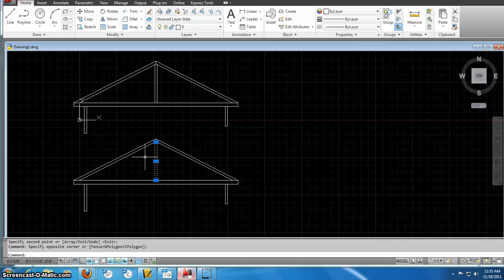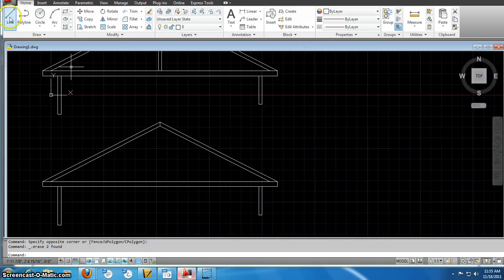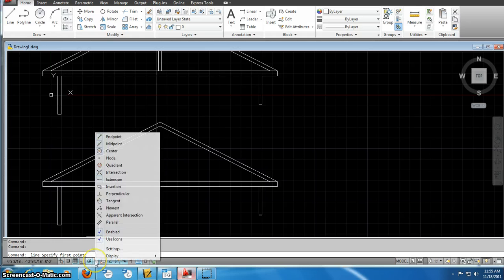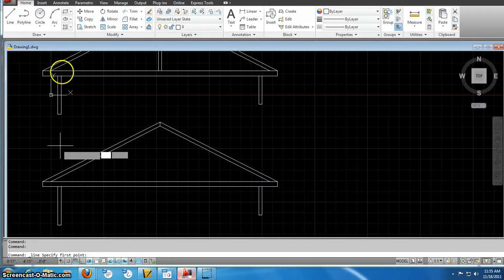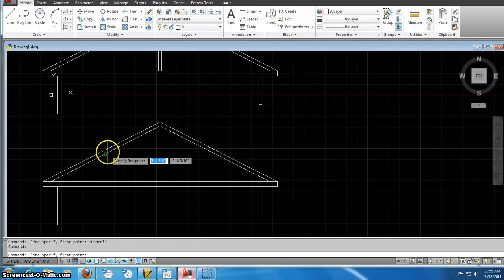I'm going to take this piece and I'm going to take that out of there, because we're not going to do the king post, we're going to do a W in here. So in order to do the W, I'm just going to draw a line from the midpoint of this one. If that midpoint line is not showing up, you need to go down here to your object snap, right click and turn that midpoint on. So here I'm going to go to line. I'm going to go from this midpoint,